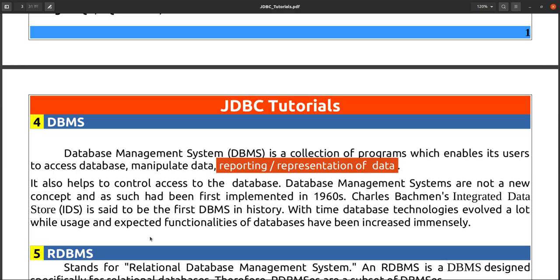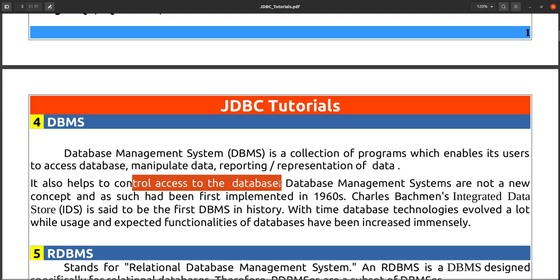It also helps to control access to the database.